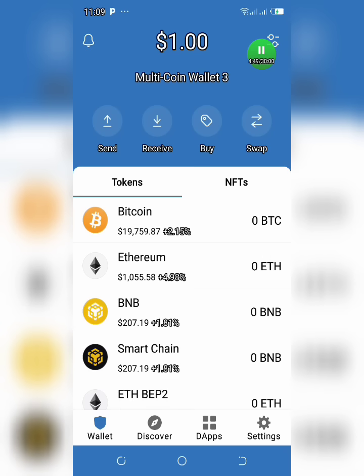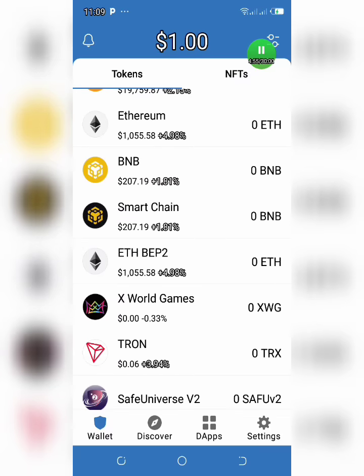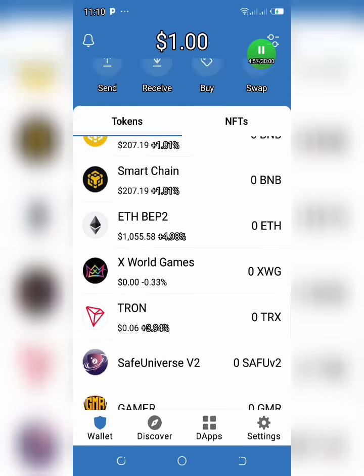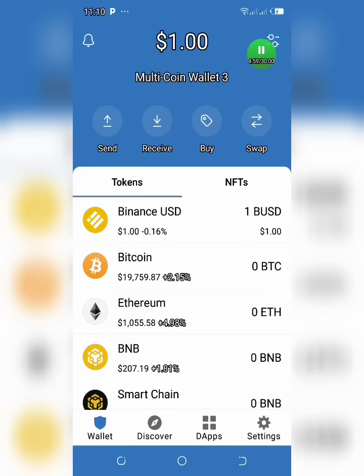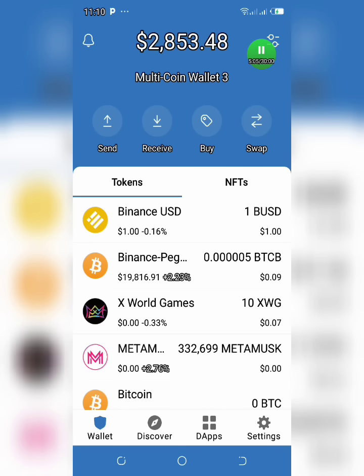So as you can see, all you need to do is refresh it and get your money, and you can withdraw the money into another account, or you can sell the coin to whoever is ready to buy it. And if you don't know where to sell it, you can comment below. Let me know so that I'll show you the best platform where I can sell it and make a lot of money online.